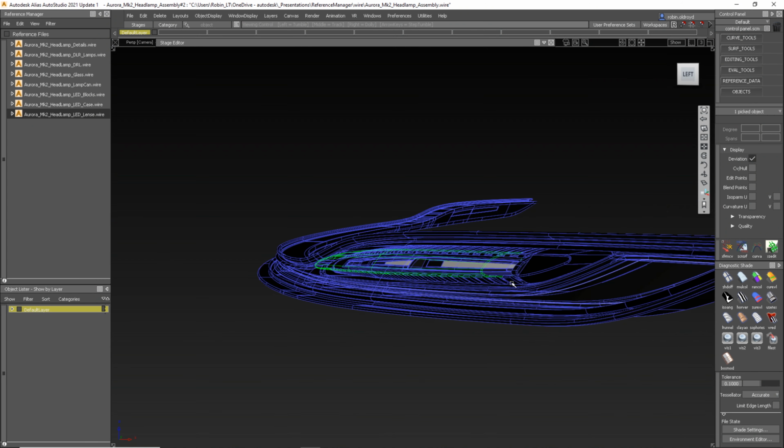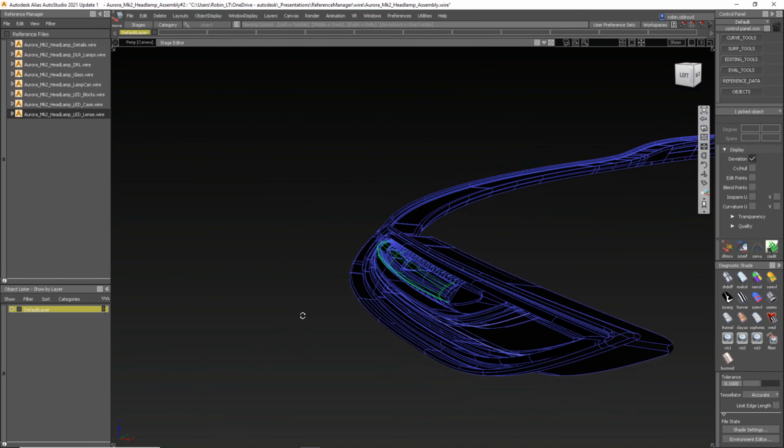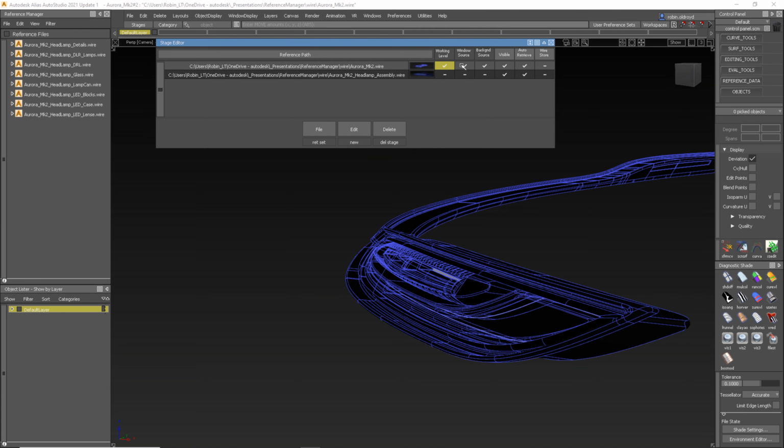I might just need to slide it over a bit actually. So now that is where I want it to be positioned, and I can say file save. Now that's saving over this file structure here. So in this file structure we've got a number of wire files that have been imported with different data to make this assembly. Now I've updated that, so I can go to the stage editor, I can change the working level,